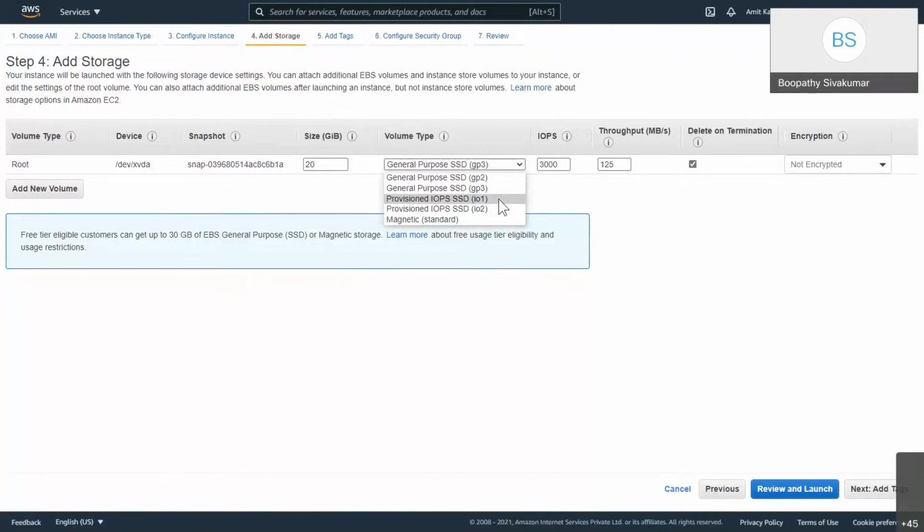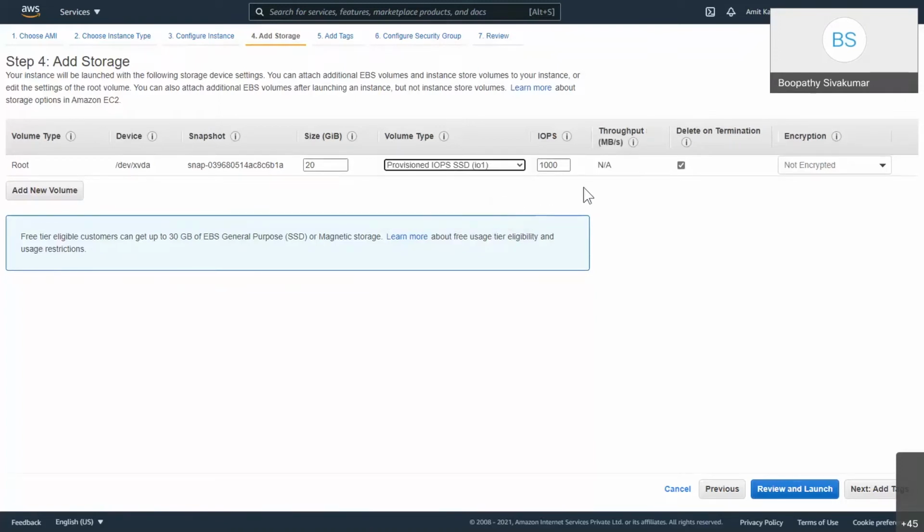Provisioned IOPS is where you will get higher input and output operations. This will incur a lot of cost, so you are not recommended to use it. Let's have it for studying purposes. So select GP2 itself. Don't use GP3.